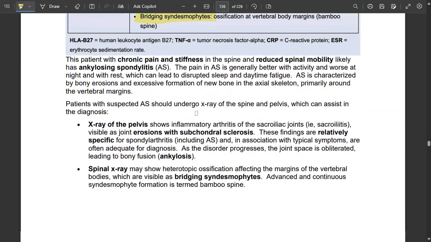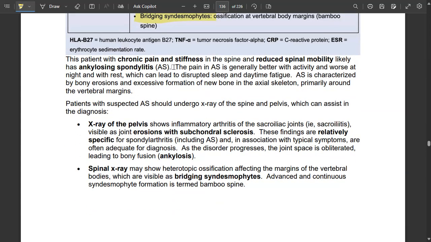Okay. A patient with chronic pain and stiffness of the spine and reduced spinal mobility likely has ankylosing spondylitis. The pain in AS is generally better with activity and worse at night and with rest, which can lead to disrupted sleep and daytime fatigue. Ankylosing spondylitis is characterized by bone erosions and excessive formation of new bone in the axial skeleton, primarily on the vertebral